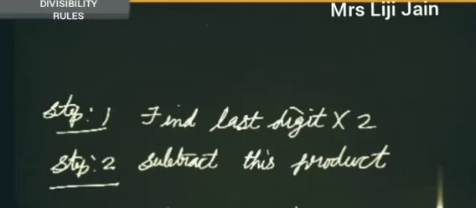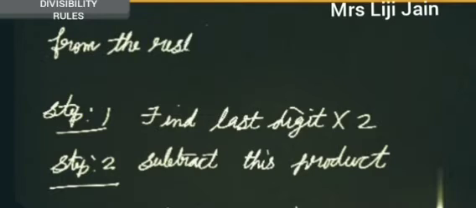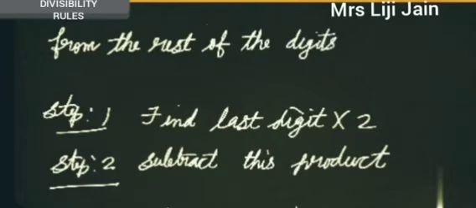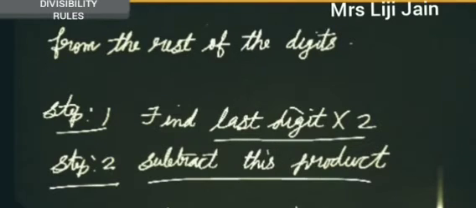And step 2, subtract this product from the rest of the digits. So what we have to do, first find out the last digit into 2, then subtract this product from the